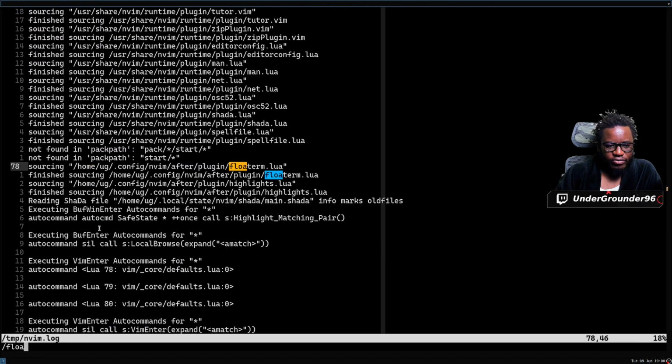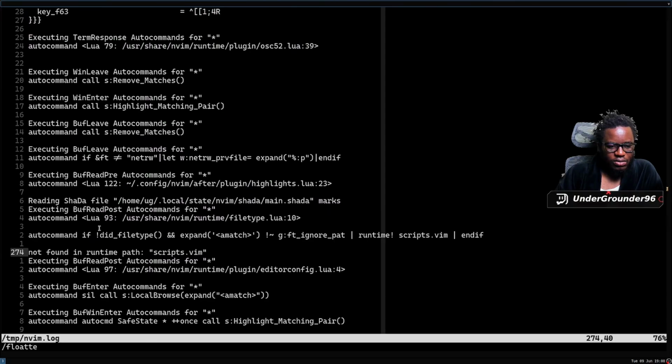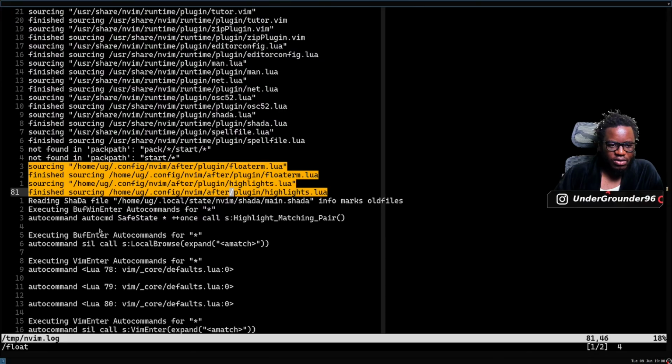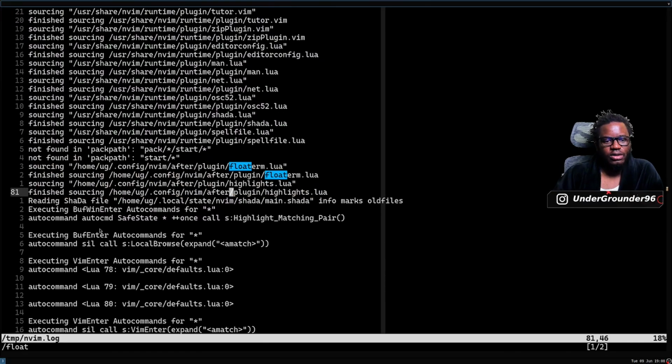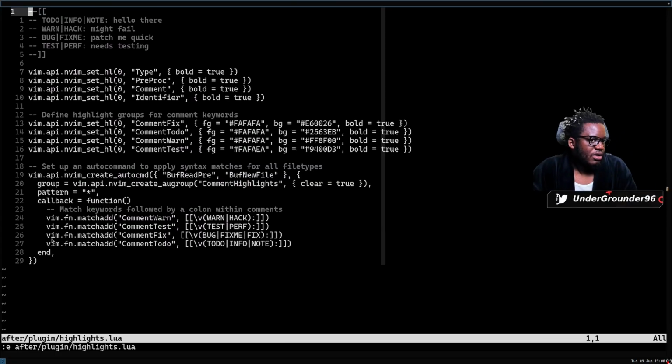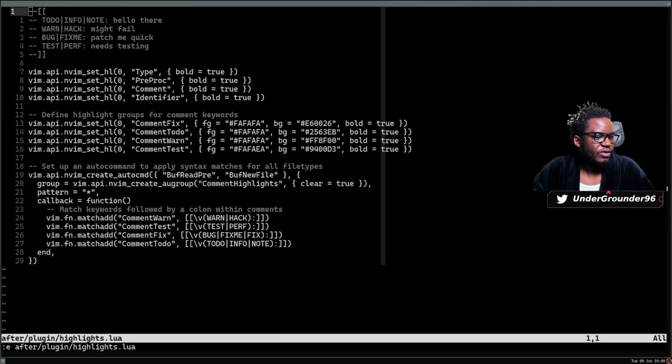And then what about my float term? Float term. There you go. This is my float term, and now I'll highlight. Okay. So if I open this plugin and then highlight, I should be able to see. I don't see. Anyways, it is what it is. We're gonna debug this one, and we are